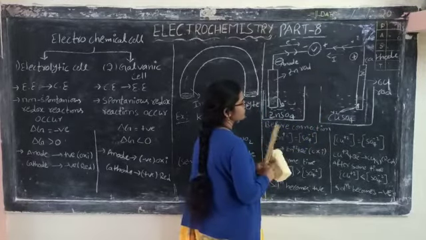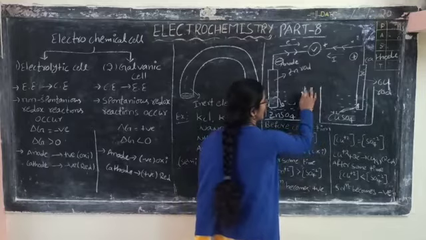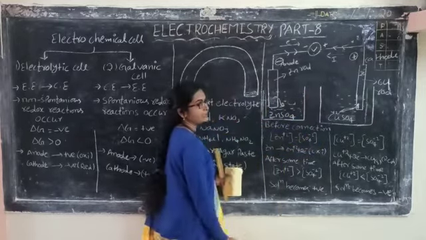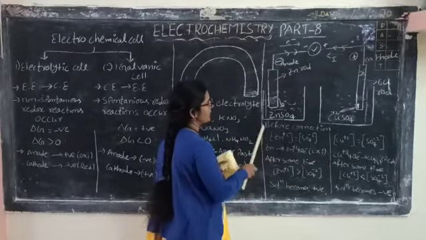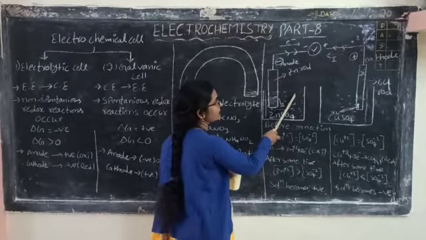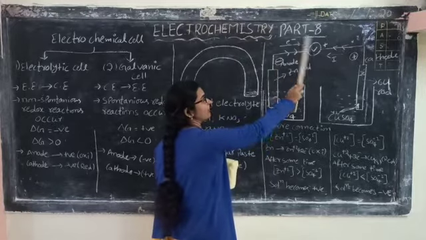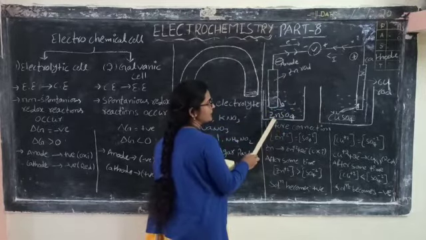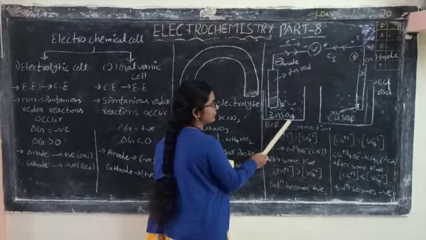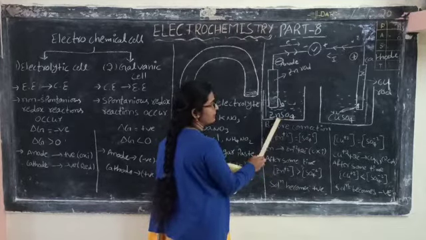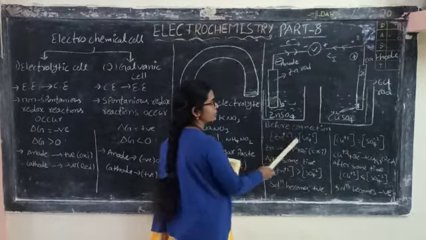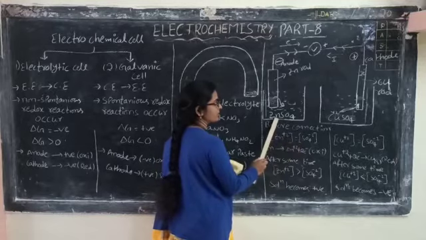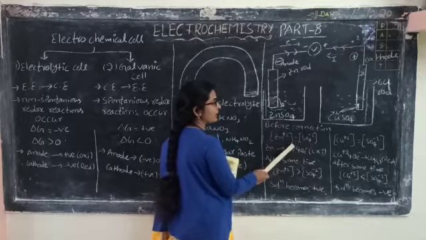So we discuss: if the two half cells are not connected with the salt bridge, then what happens? Before connection of the salt bridge and also the voltmeter or battery, the Zn+2 concentration is equal to the SO4-2 concentration. The solution has Zn+2 ions and SO4-2 ions. So before connection, both concentrations, Zn+2 and SO4-2, are equal.